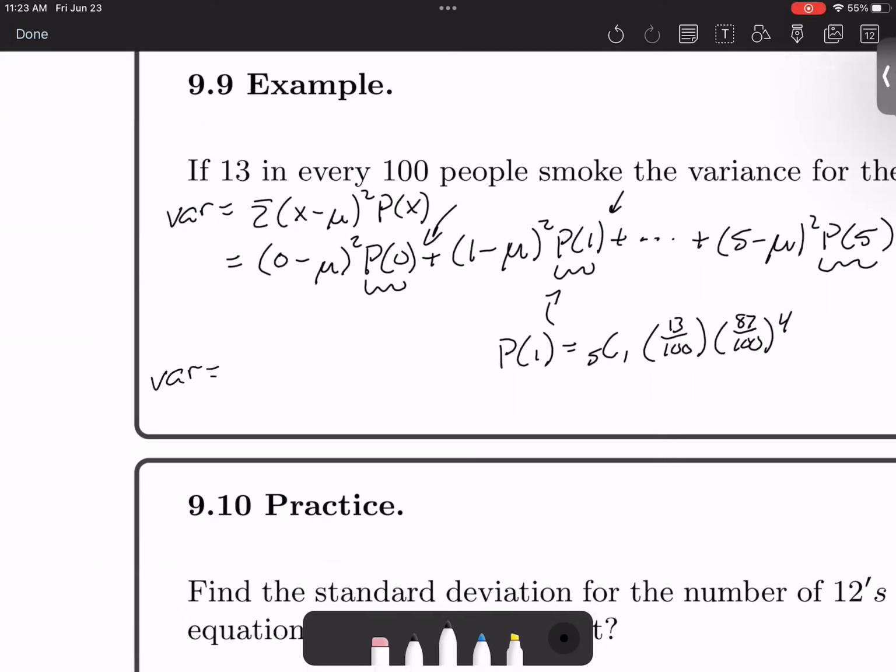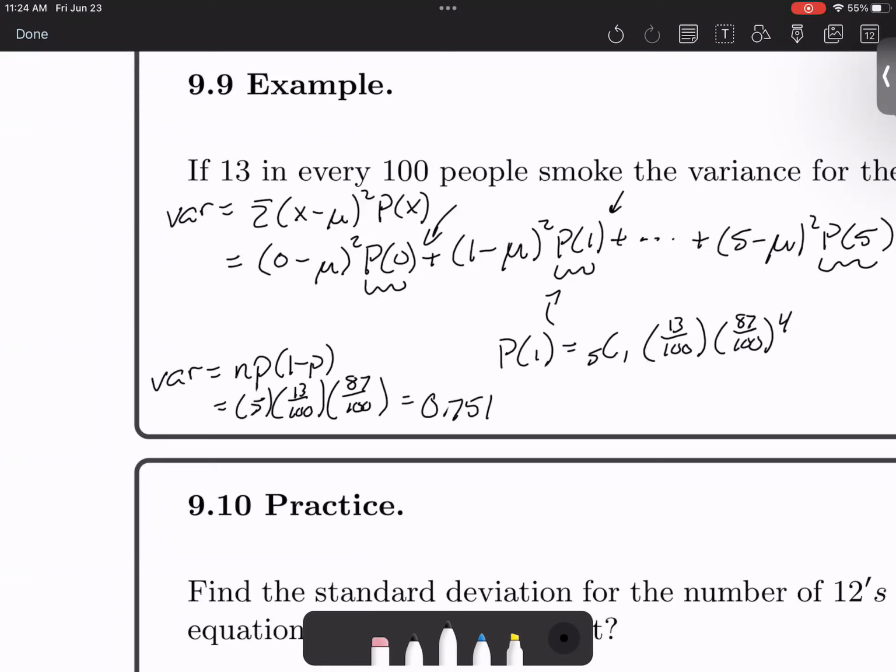The variance, and I can only use this if I know that it's a binomial distribution, which in this case it is, is N, the number of trials, times P, the probability of success, times, some people say Q, or it's 1 minus P, the probability of failure. So we have 5 people in front of us. The probability of somebody being a smoker is 13 out of 100. The probability of somebody not being a smoker, so 1 minus P, is 87 out of 100. And when you do this, you get